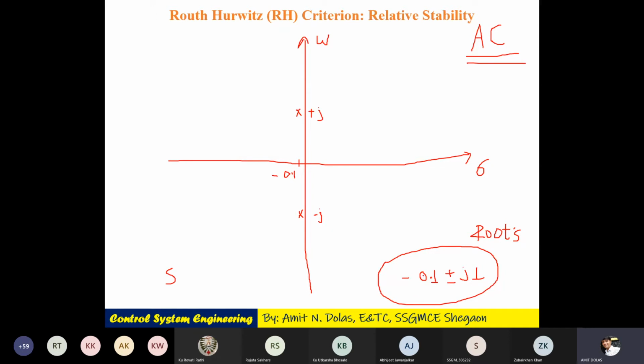So it is stable, because stability says that if roots are present in the left hand plane, then it is stable. And it is in the left hand plane, minus 0.1. But the minus 0.1 is very, very close to the imaginary axis. And I'm talking about an AC. Let's assume the power is off for a certain time. Like at our college when the line went off for 8 seconds, after the generator turned on, but the power is off for certain seconds or a minute, suppose. What will happen to this?